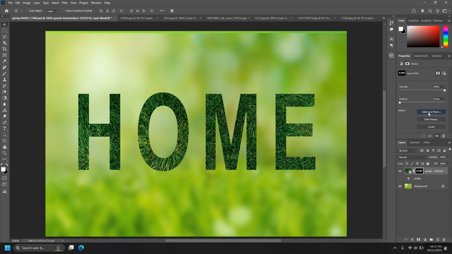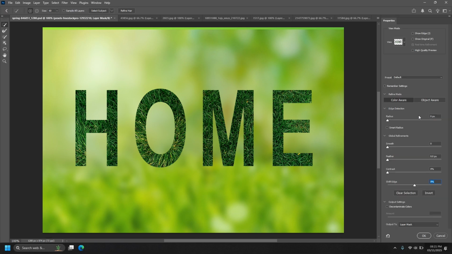Now go to Select and Mask. Here, increase the radius. This will smooth the text edges. And adjust the smooth,